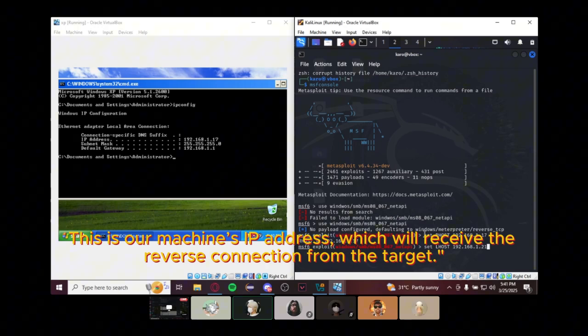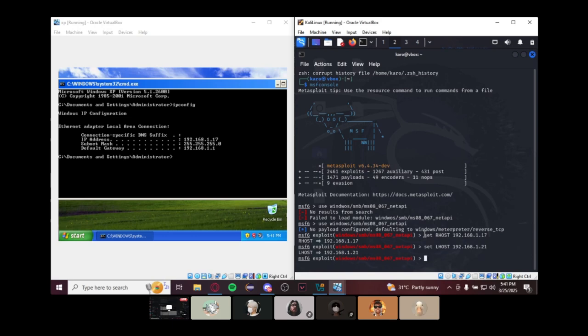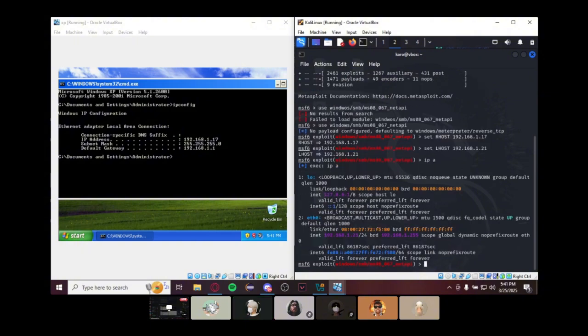This is our machine's IP address, which will receive the reverse connection of the target. To be sure of your own IP address, we can check through ip a. As you can see, 192.168.1.1. So let's now proceed with choosing the payload.